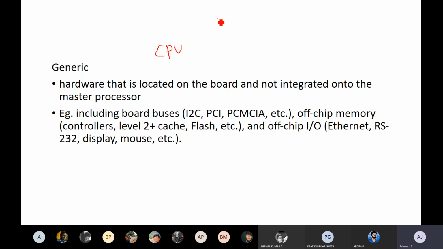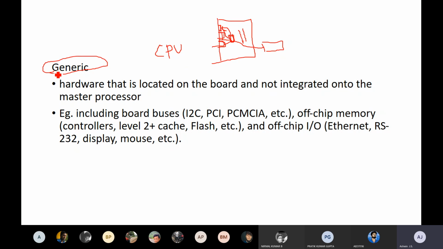If you see that motherboard, it will look like this. Here the processor will be there, the RAM will be inserted like this, and the hard disk will be connected externally using some buses. And on the back side you can see the network port and the USB port. So everything is available on the motherboard. This is a processor. Inside the board it is connected using some connections. These are also nothing but hardware devices which you are going to connect. So we require the device driver in order to communicate between your processor and the hardware. Those are the generic ones.